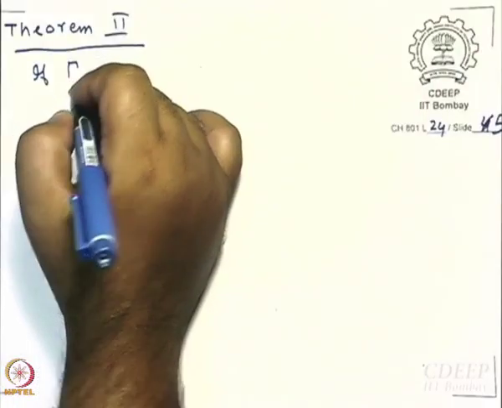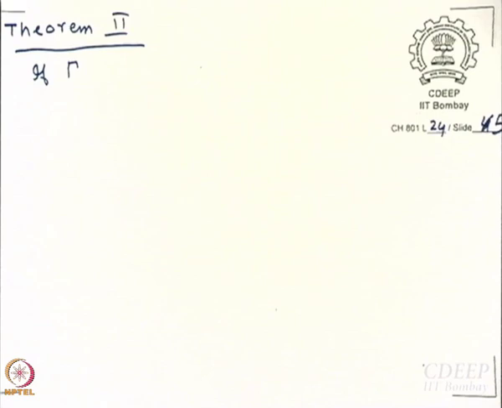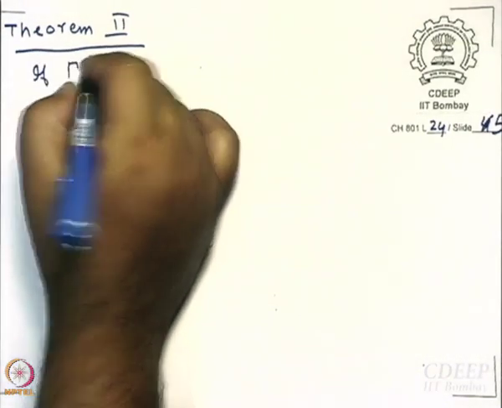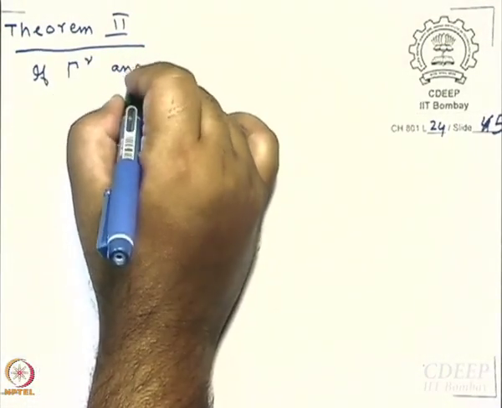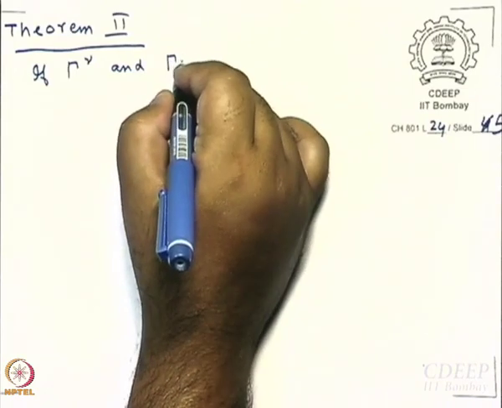Now theorem 2 is a little more complicated, and what we will do is we will only prove the positive part of it. The negative part you can work out by yourself if you are interested. So what theorem 2 says is that if, what is this letter? Gamma. Gamma nu and gamma mu